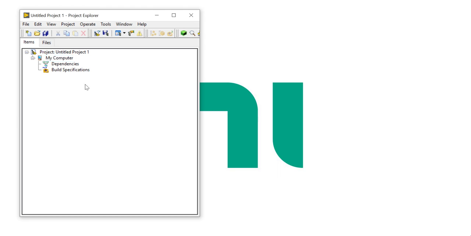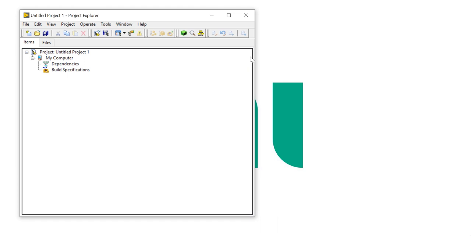In this project explorer, you will get this toolbar. The extended toolbar you will find here, items and file. This one is my project root. Project root contains all other items in the project explorer window with a specific label.